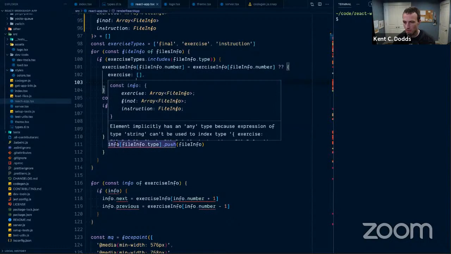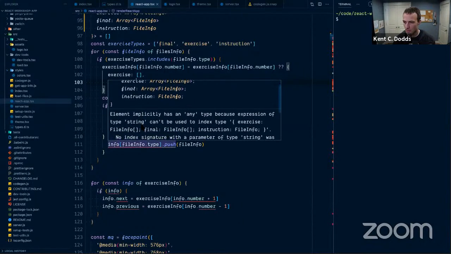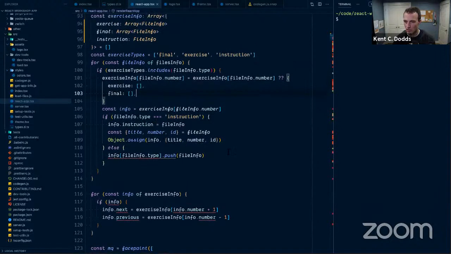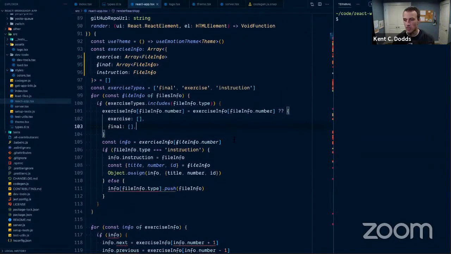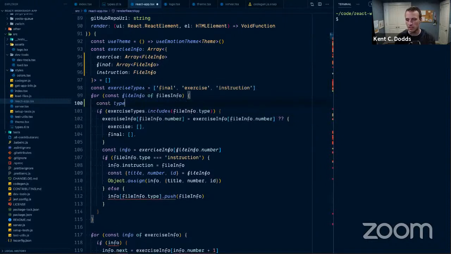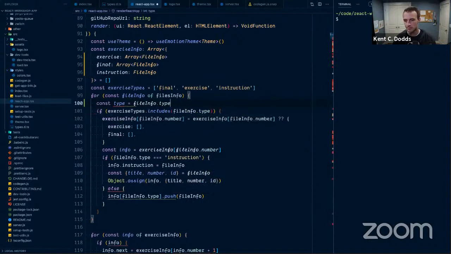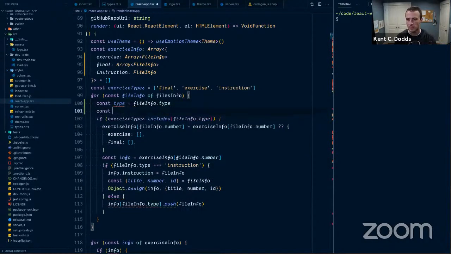Okay, so then info here. Was it any? Oh, right, because file info type could be more than just, it could be any string. Oh, but here we can assert that the file info type is one of these things. So what if we do type file info type is exercise